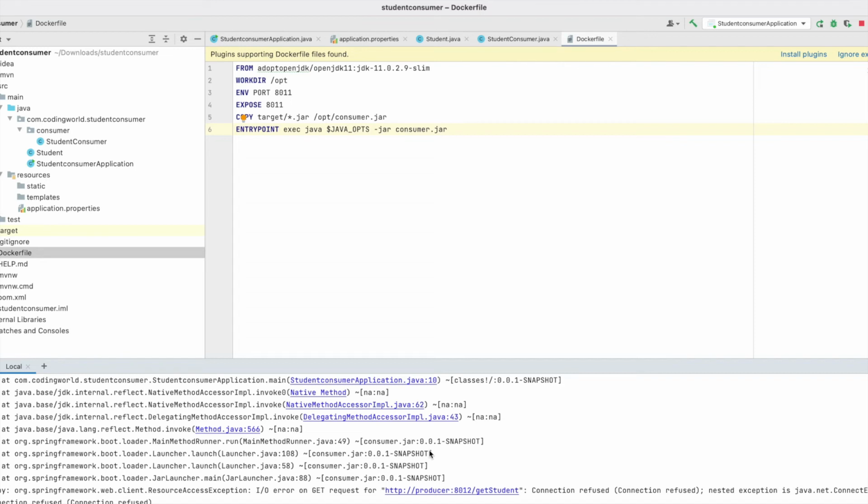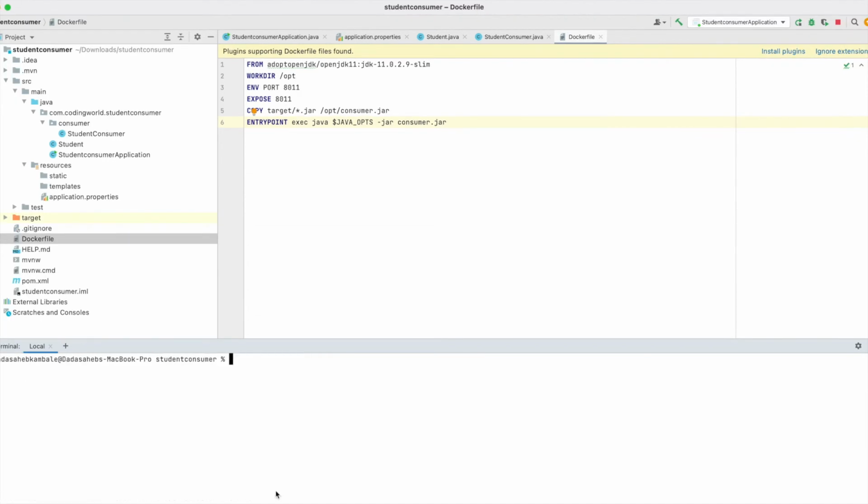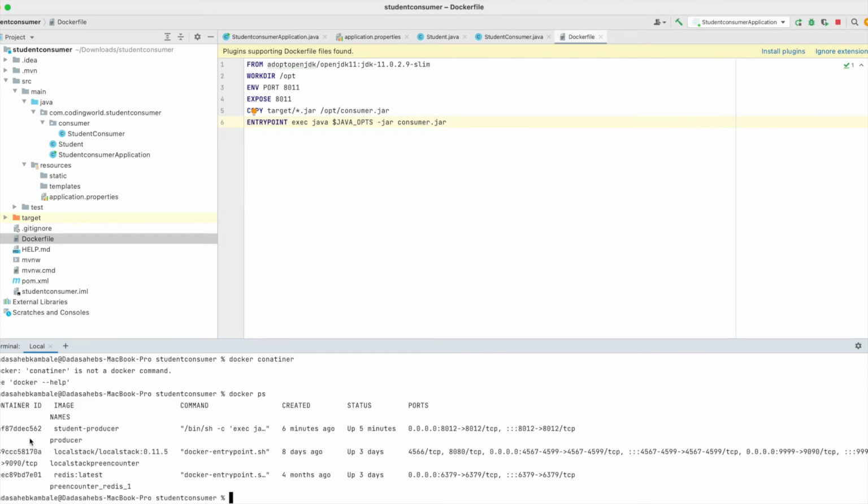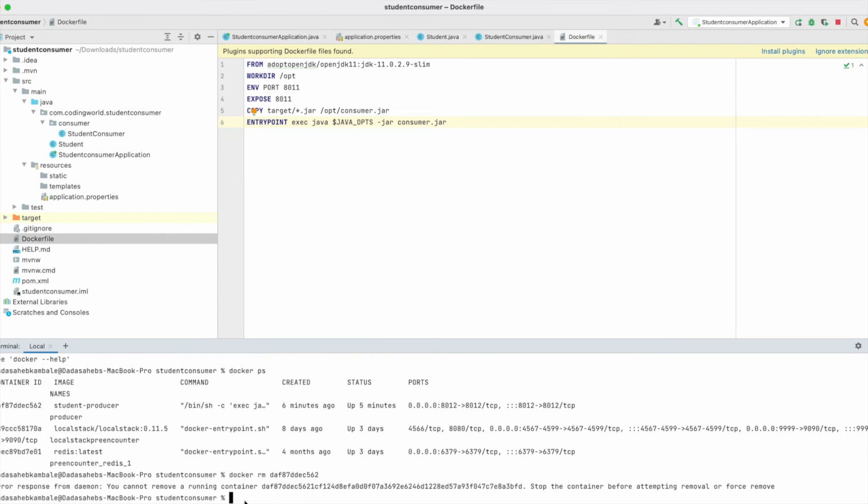Let's first stop the producer Docker container, copy the container ID, and run docker rm container ID. Okay, first stop and then remove.